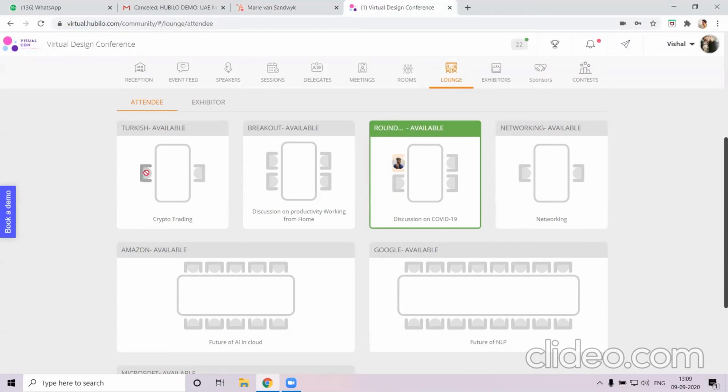So, when I, as an employee, grab a chair at the Hubilo table, everyone can now see that, okay, there's someone from the organization representing and available. And if any of the attendees would want to know more about the organization, similar to how at a live event, they would just walk up to my booth and start a conversation with me, these attendees online have the ability to grab a chair right next to me and start a conversation right then and there.